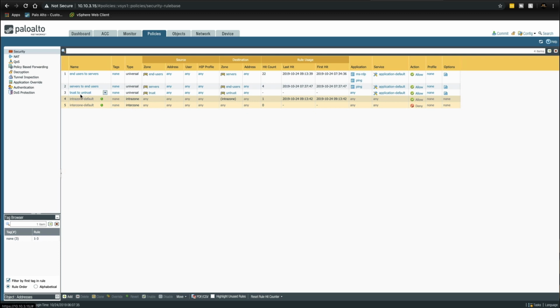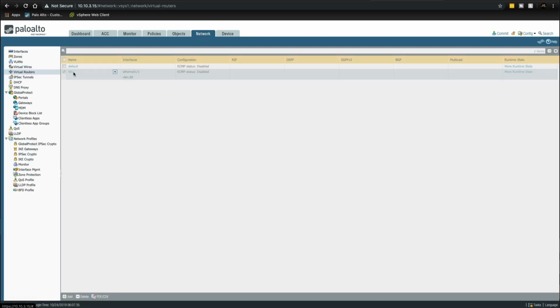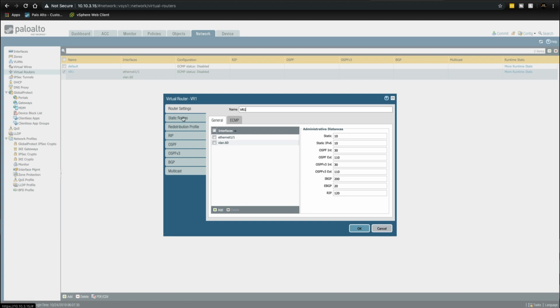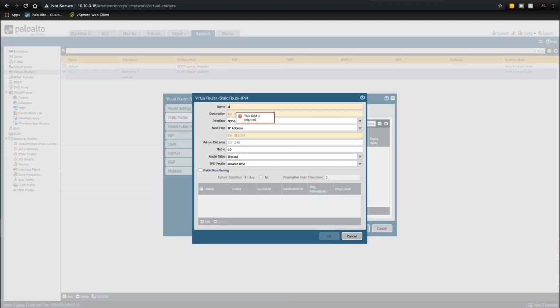And then what we need to do from here is we need to also configure the default route on the virtual router. So we need to go back to the network tab and go to virtual router and go to the VR1 virtual router, and click on static routes and then add, and give it a name. I just normally call it default route,